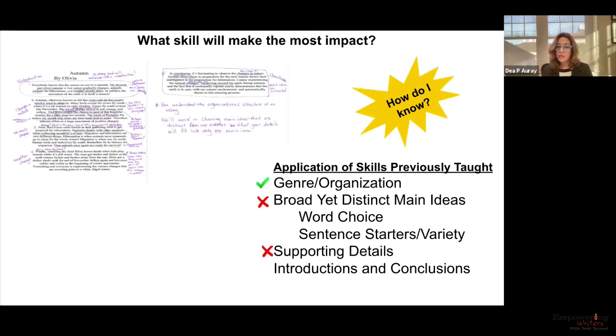Her word choice, she had some good descriptive language, and her sentence starters were good. But I agree that the word choice, I think one of the things that struck Diane and I about this one was that she has two paragraphs, one that starts with next and the other starts with finally. So that's really about reviewing those sentence starters, giving them some different language, and our introductions and conclusions.